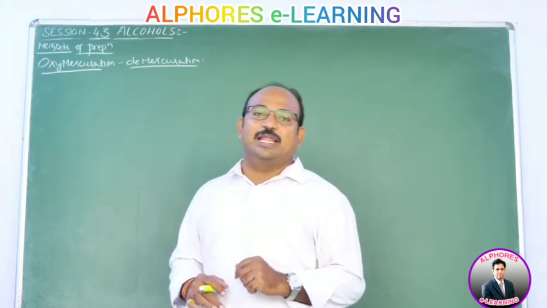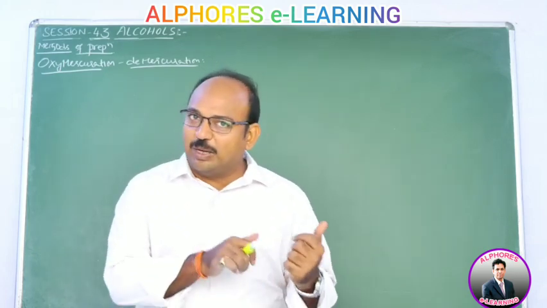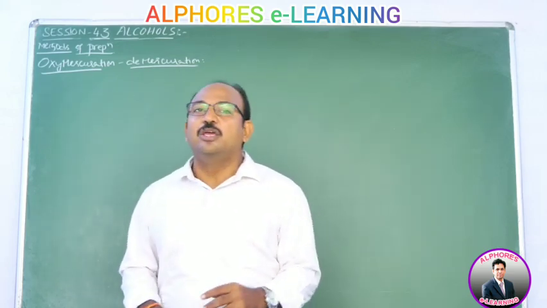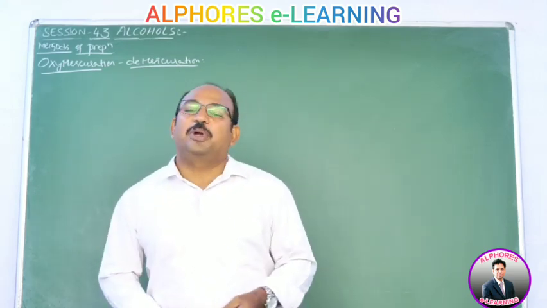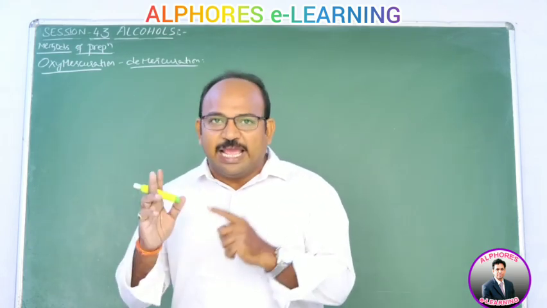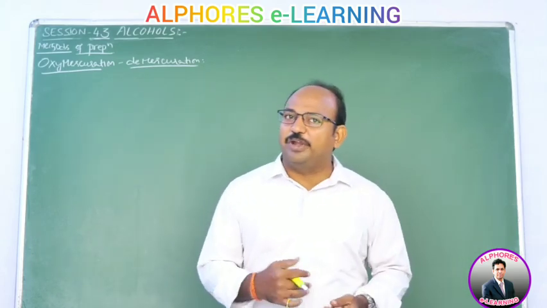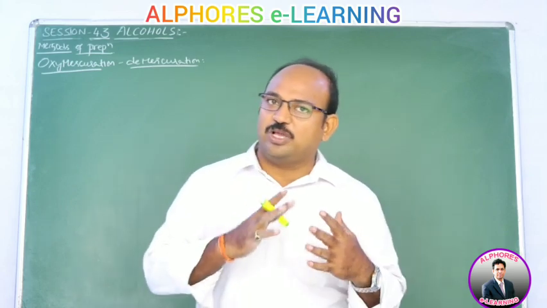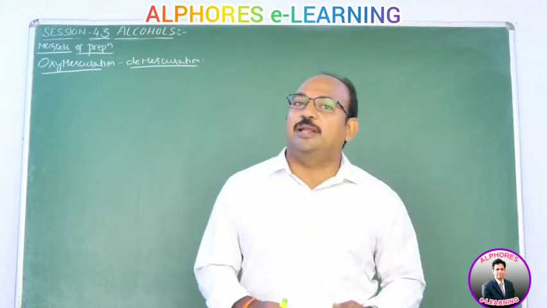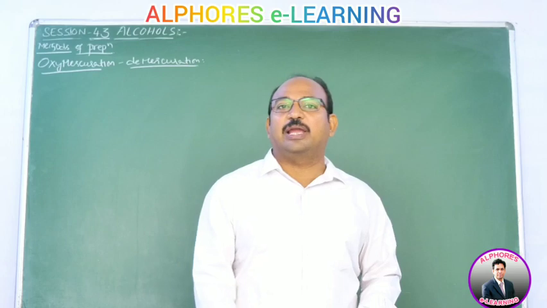Wherever a carbocation mechanism proceeds, ring expansion and rearrangements are possible; we learned that point in the earlier mechanism. So in acid-catalyzed hydration you may get a mixture of products, but the major product is obtained from the more stable carbocation. Acid-catalyzed hydration follows the Markovnikov rule, so you get the Markovnikov product. In this session we are going to learn the oxymercuration-demercuration and hydroboration-oxidation mechanisms.